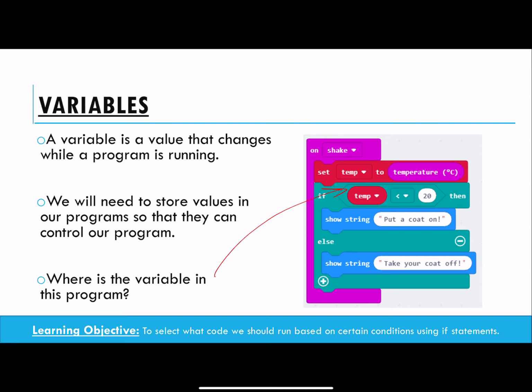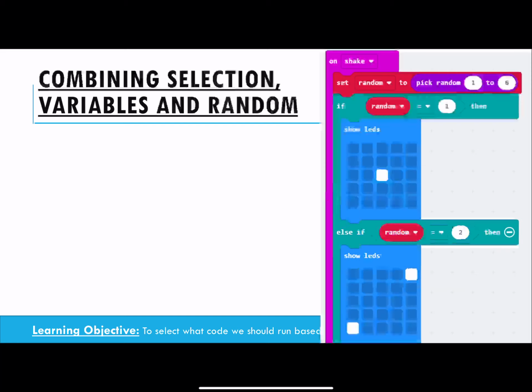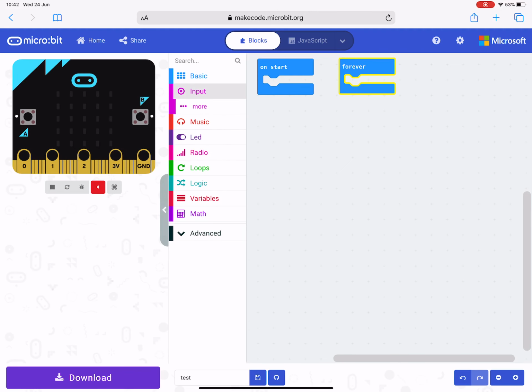So temp is a lot more useful. So let's combine a few of these features. In fact, let's not do it in here. Let's actually look at Microbit itself. So what I'm going to do is I'm going to just talk you through the process of making a dice